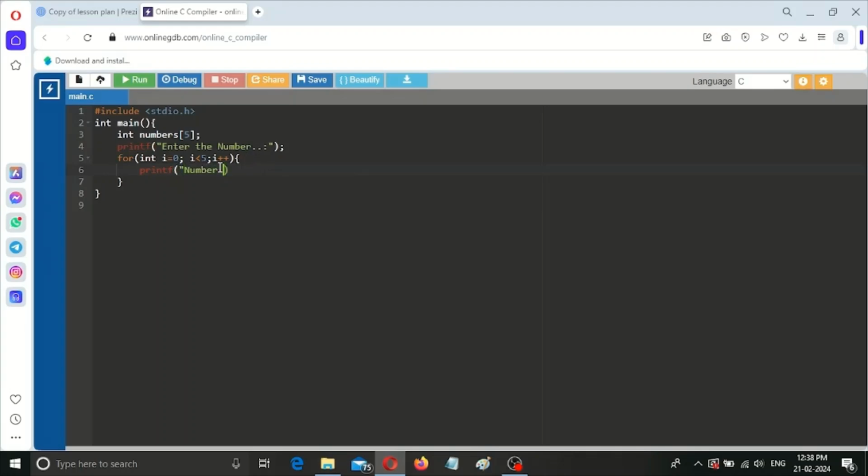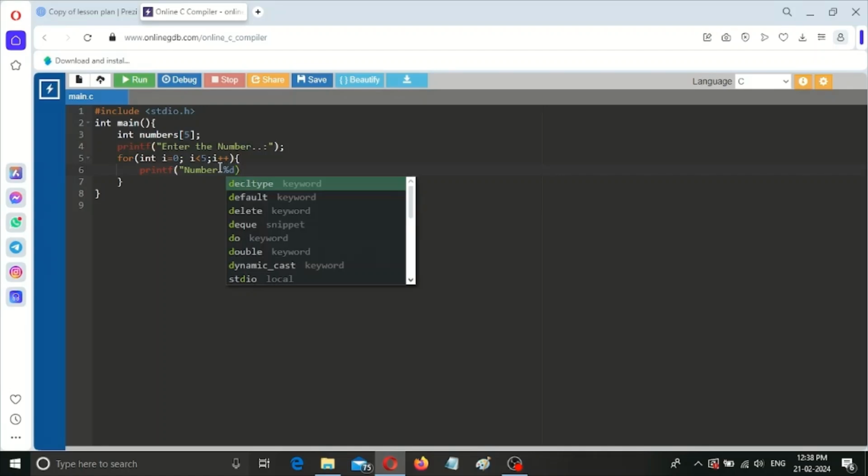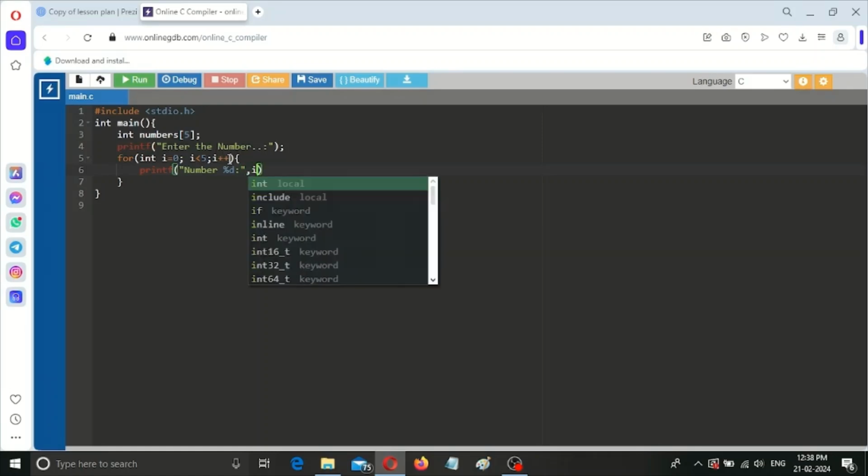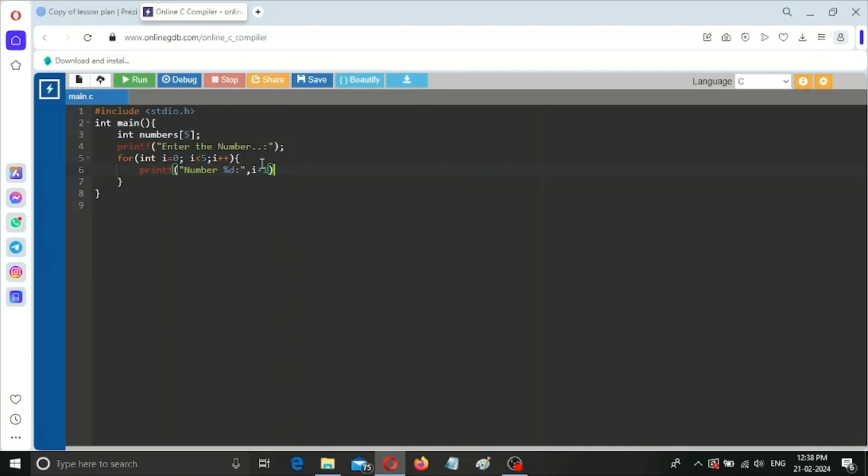And I use the format specifier %d, because the user has to enter the 5 numbers. First it gives number 1, and then it asks for number 2, and then number 3. Likewise this is executed. For this purpose we are using i+1, to execute continuously and ask for 5 numbers,